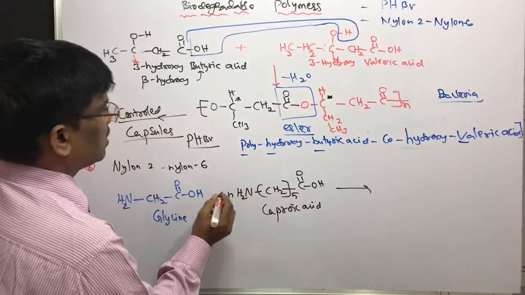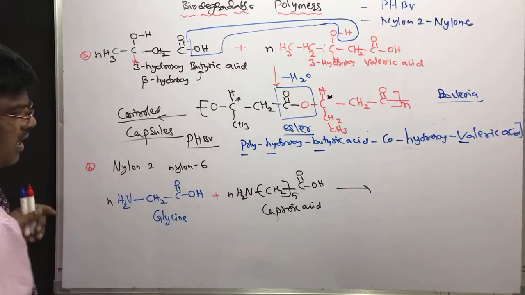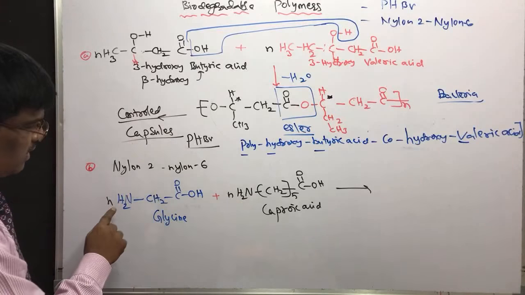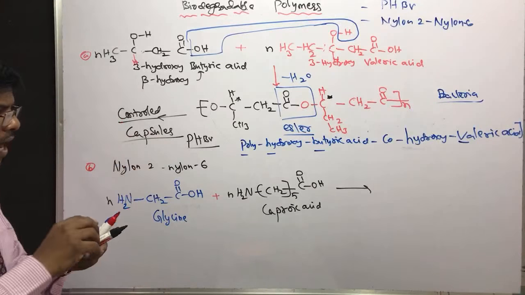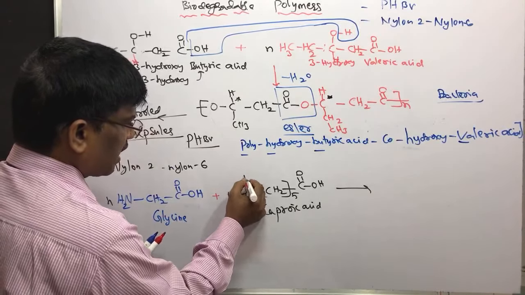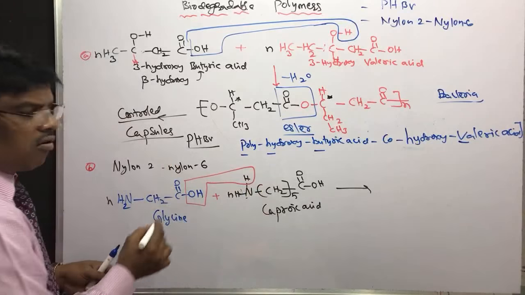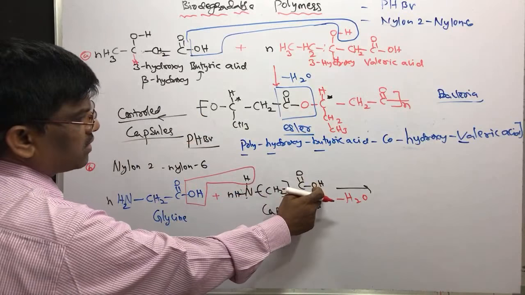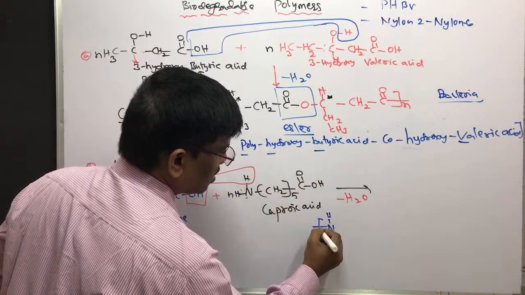Upon polymerization, this is n molecules and here n molecules. What is going to happen? This is acid and this is amine. This is amine and this is acid. So it goes on forming amide bonds. How? It is very simple. If I write hydrogen here and hydrogen here, simply take out water. It is a condensation polymer. Take out water and write the structure. This side also is going to form water. It is NH, like this.